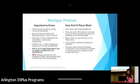So what's new? I don't know if you all are aware of this, but there are Medigap policies that are now available to individuals under the age of 65. So this is great news as well. There's a tool on the State Corporation Commission's website. Jordan, if you can put that link in the chat for people to be able to access. There is also one on the Medicare.gov website, but we found better results on the SCC's website. The Bureau of Insurance has a new Medigap tool that rolled out not too long ago